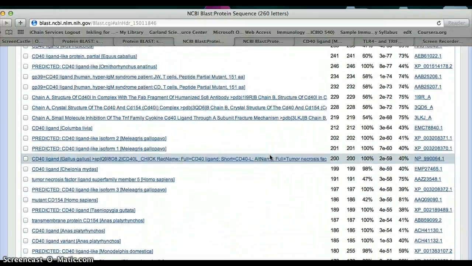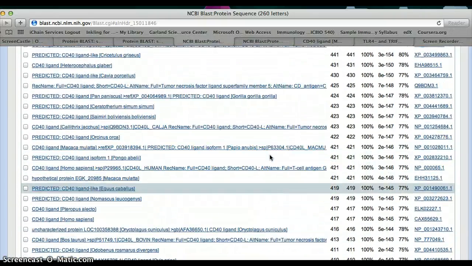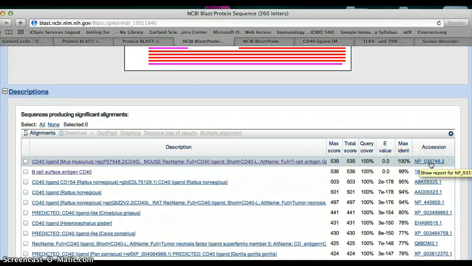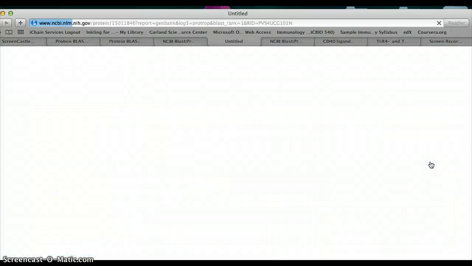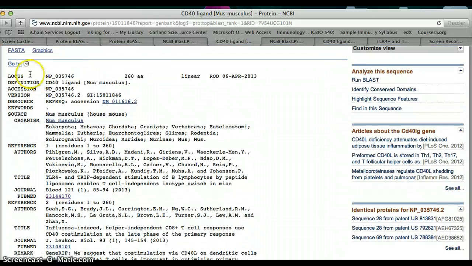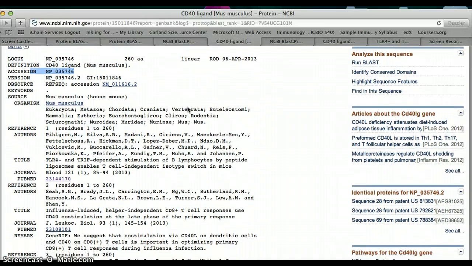For the last part of your assignment, we're going to scroll back up where it says descriptions, and what we're going to do is click on the accession number, and this is going to take us to the articles that are available about this protein. So again, like I mentioned, this is our CD40 ligand from the mouse, and this tells you here's our CD40 ligand, here's our accession number that we clicked on, and a part of your assignment is to be able to